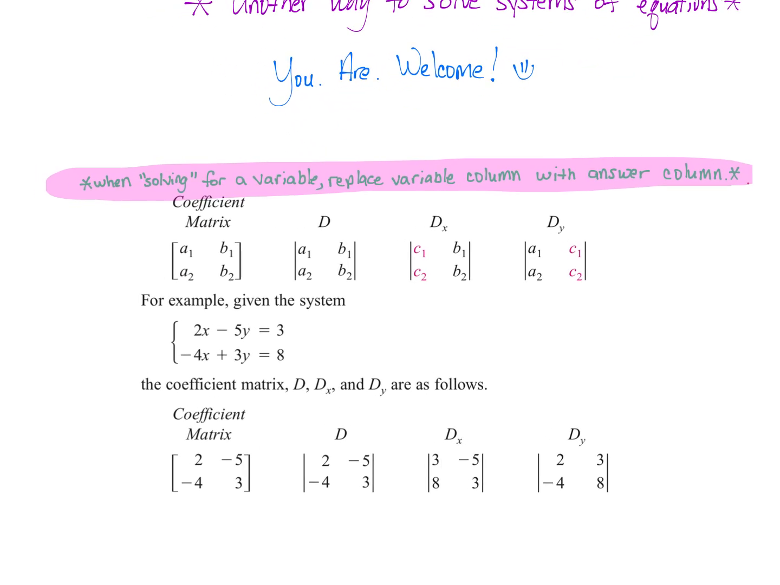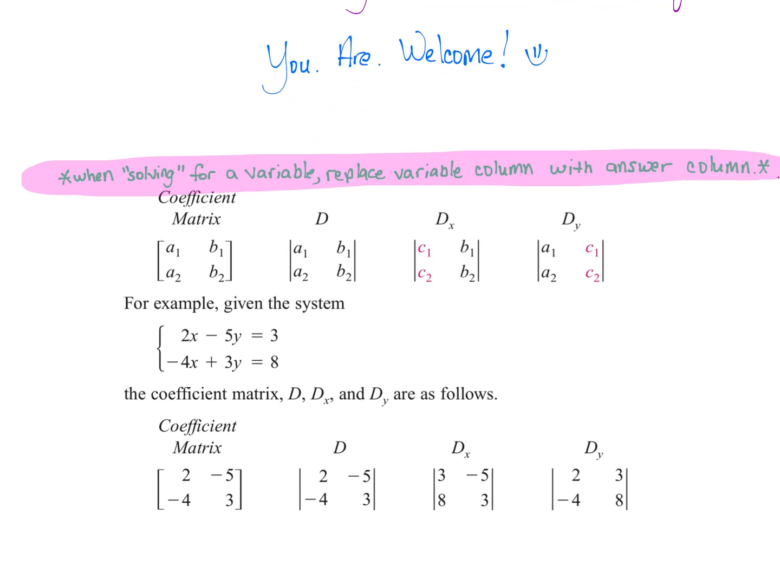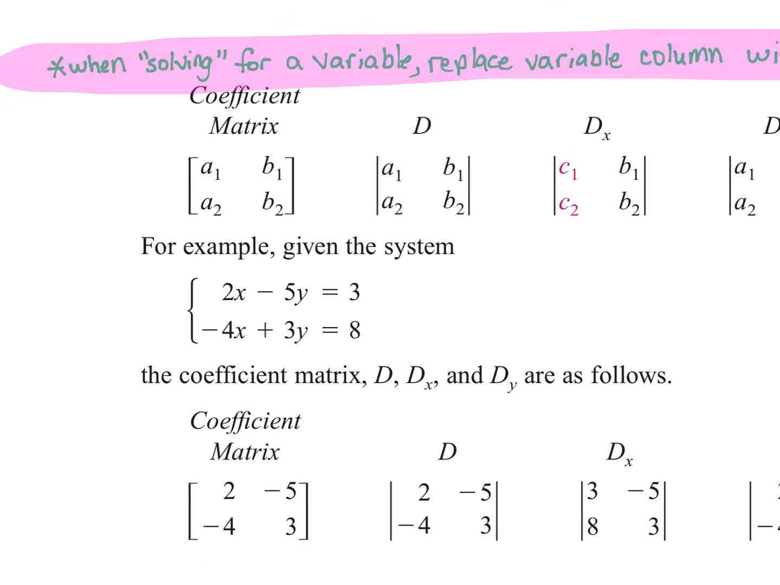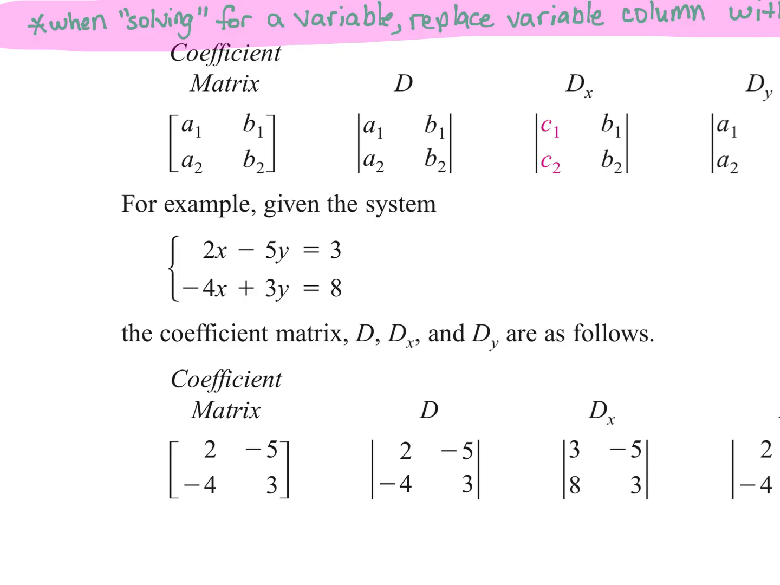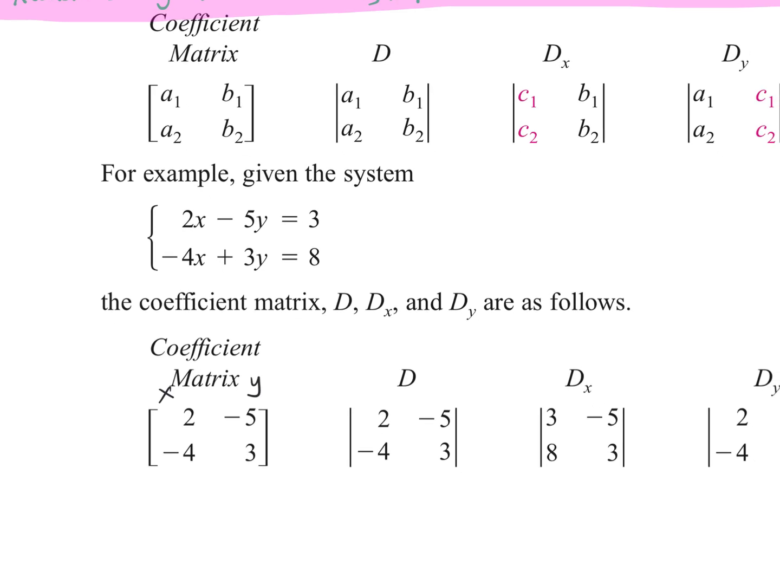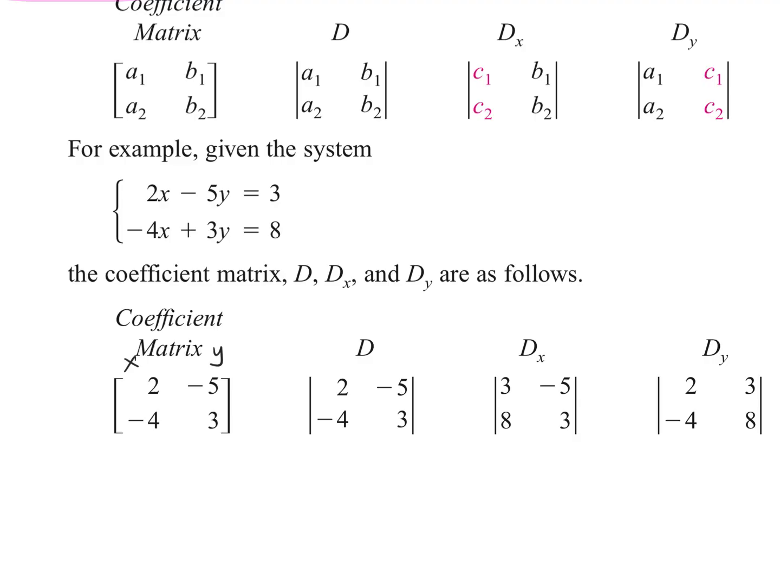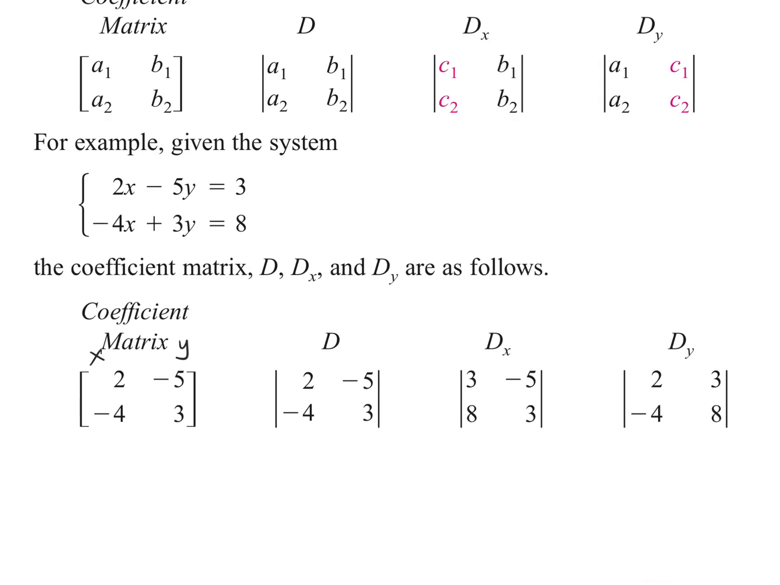By using determinants of these matrices, we can get our answers for x and y. So one thing that I like to do first is with our coefficient matrix, we're going to have an x column and a y column, and those are just the coefficients of the x's and then the coefficients of the y's. We first start by finding the determinant of the coefficient matrix, and then afterwards we find two more determinants,